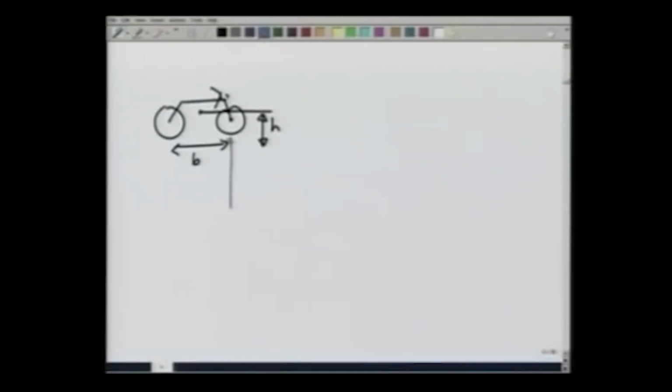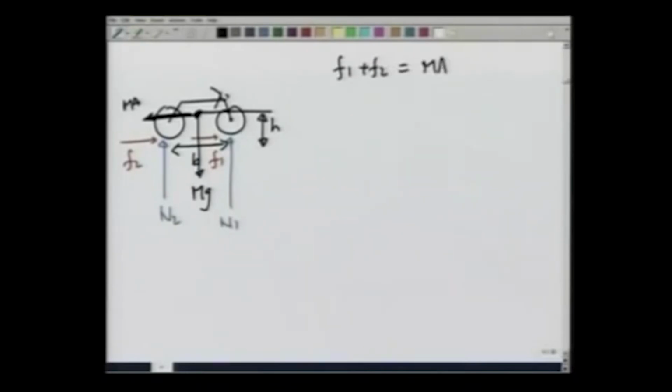There is normal reaction N2, N1, there is friction F2, F1, and there is this force at the center of gravity, ma and mg, and we have already found that F1 plus F2 equals ma and N1 plus N2 equals mg, and balancing the torque about the CG equal to 0 gives me